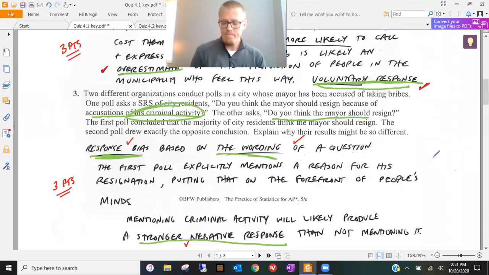Whereas the other one, it was an SRS. It was not opened up to whoever felt like it. It was sent out to a random sample of people, and that was done the right way. But the wording of the question was poor. If we were face-to-face, we'd be doing a project in this chapter, and you would actually test this out. Is wording of a question actually a thing? Does it change people's answers? Every year, our students find out that absolutely it changes their answers. It affects the way people think if you word the same question differently.